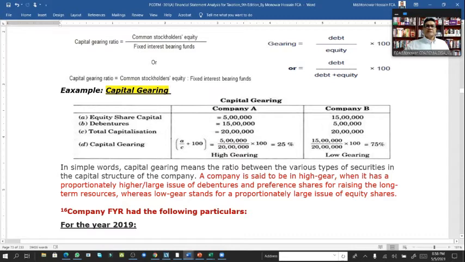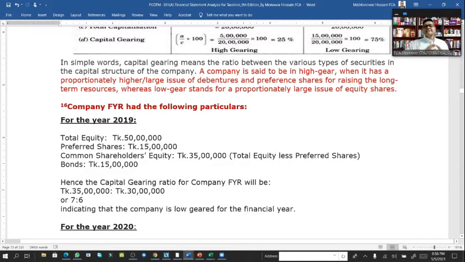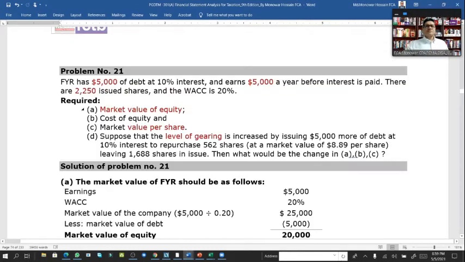Company A is only 25% using equity. A company is said to be high gear when it has a proportionately higher or larger issue of debentures and preference shares for raising long-term resources, while a low gear is a proportionately large issue of equity shares. If we see a problem here,